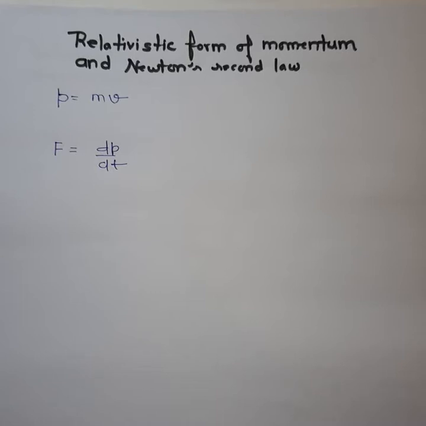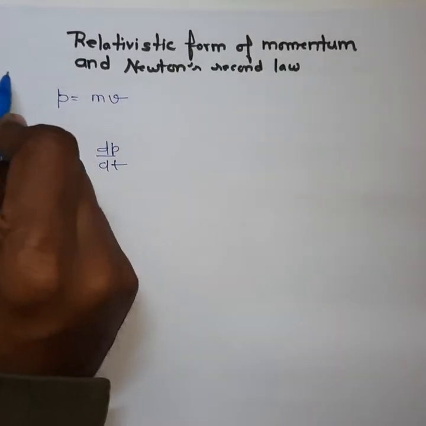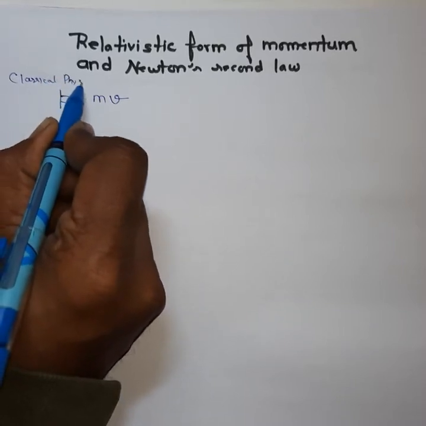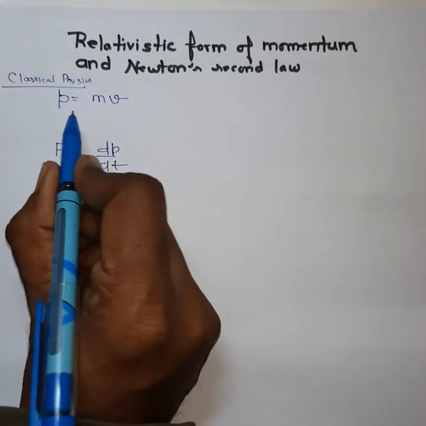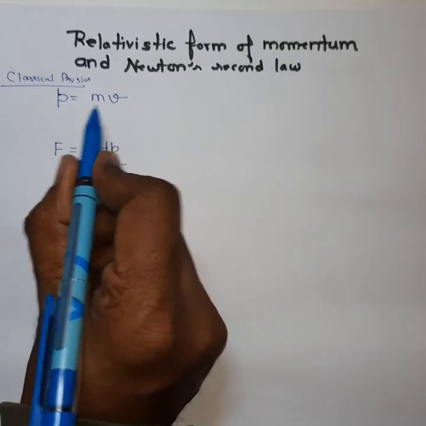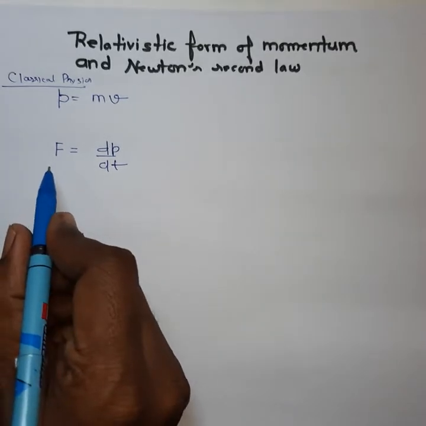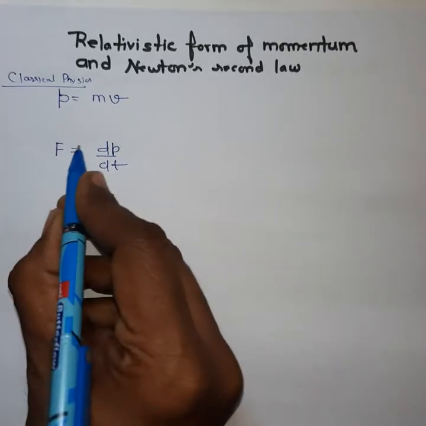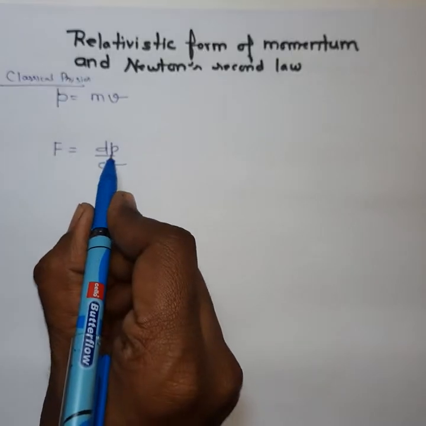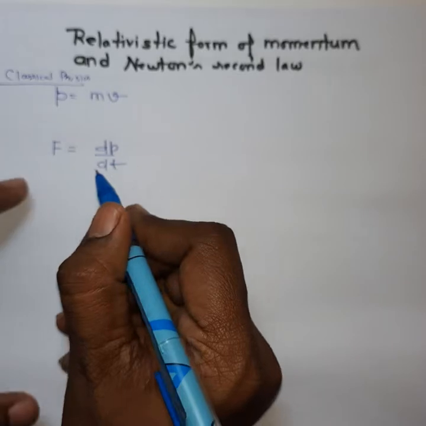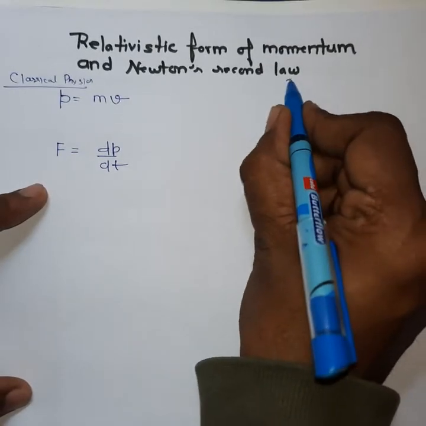Hello everyone. In this lecture, we are going to discuss the relativistic form of momentum and Newton's second law. You know that in classical physics, momentum is defined as p = mv, that is the product of mass with velocity, and Newton's second law is defined as F = dp/dt, that is, force is equal to the rate of change of momentum. Now in relativistic physics,